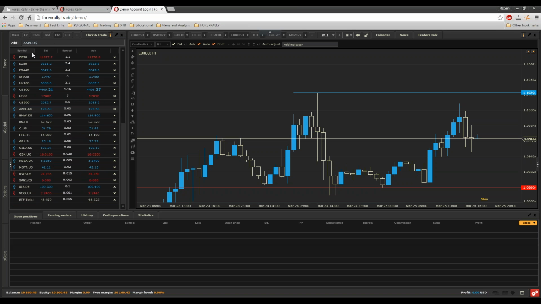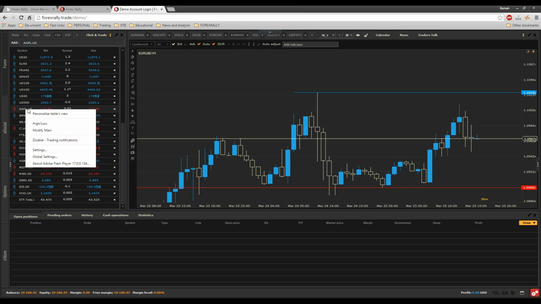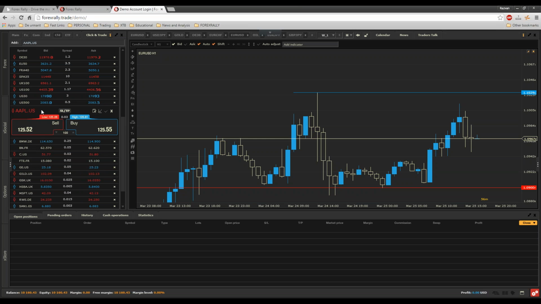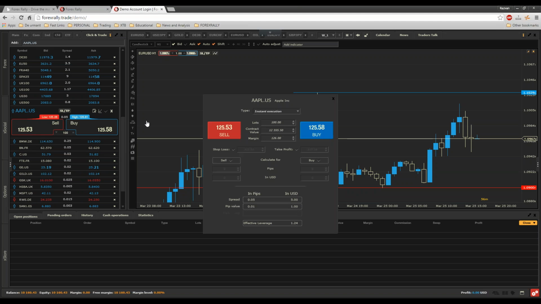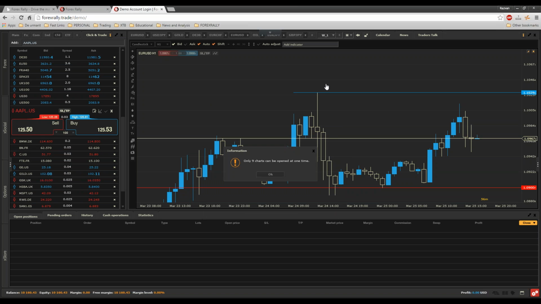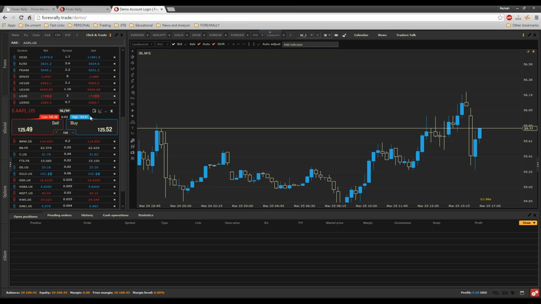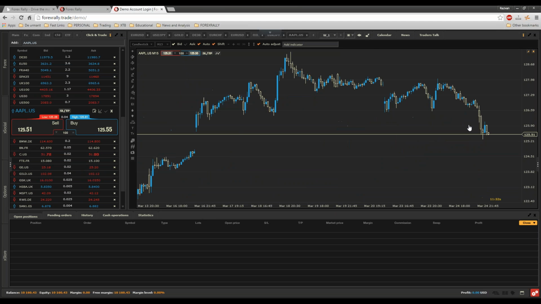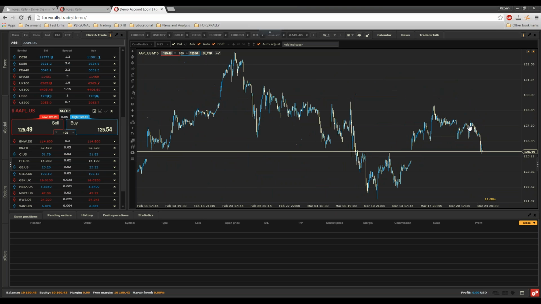Apple US, you can search for it, highlight it here. Click it, trade from your trading window, or open the chart. I already have 9 charts opened. I will just have to close one. Let's close this one. Open chart, and I'll have Apple equity CFDs.